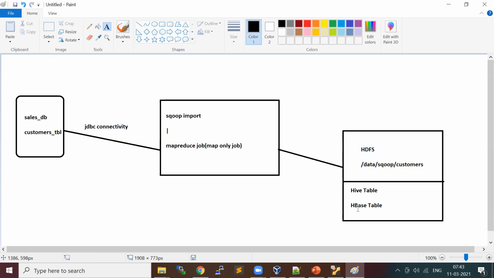But in an HBase table, everything is more like a map or dictionary in Java or Python, if you are familiar with it. It's more like working with collection objects. You just save your data, pull your data. It's very fast. So you can think of it as another database.